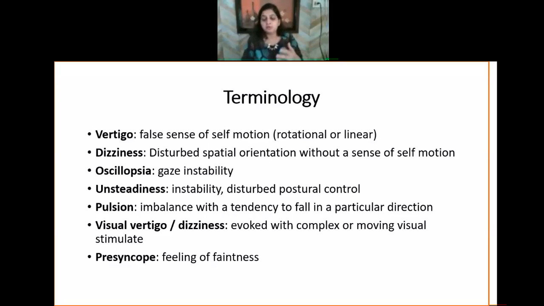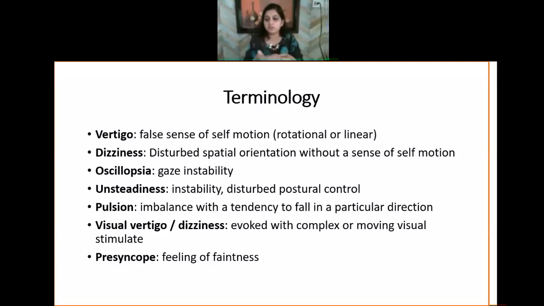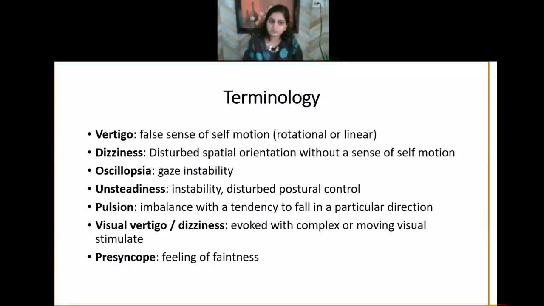Yeah, those who are very passionate about vestibular and want to open their vertigo clinic, or want to work with a vertigo clinic, there are so many vertigo clinics in metro cities run by neurologists or audiologists, otologists. If you want to work with them, you can go with your advanced training and you can definitely work as a vestibular therapist with them.